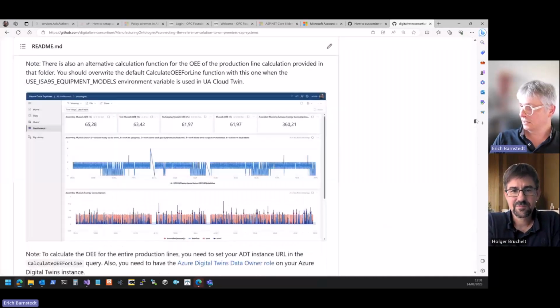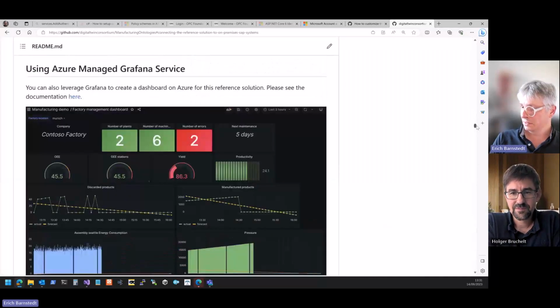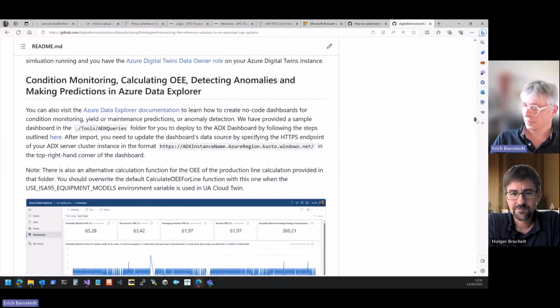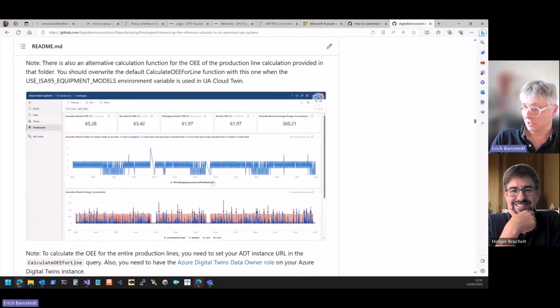And then the other thing I wanted to show is the Grafana integration, the dashboard for Azure Data Explorer. One of the most underrated features of Azure Data Explorer is actually its functionality to do calculations on the data, right? So you can do a whole OEE calculation right in Azure Data Explorer without having to write any code, which is exactly what we did here.